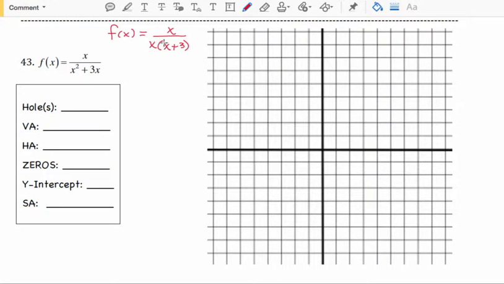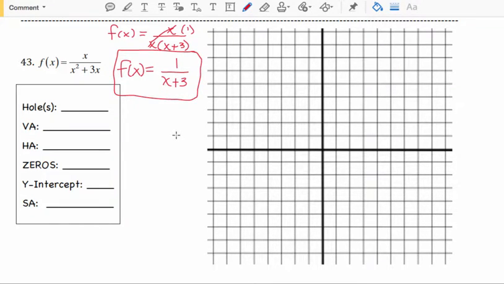That's where your hole is going to be. Anytime you cancel out common factors, those factors determine your holes. So technically x divided by x isn't 0, you just don't wipe it out. Technically x divided by x is 1. And when you rewrite your function with that factor canceled out, I need to put the 1 in the numerator. If I had other factors left in the numerator, I wouldn't need to write that 1 in. So this is now my modified function, and I'm going to use that for most of the rest of